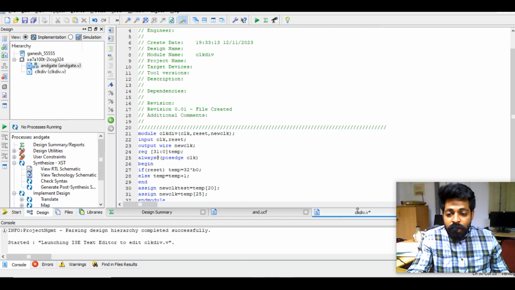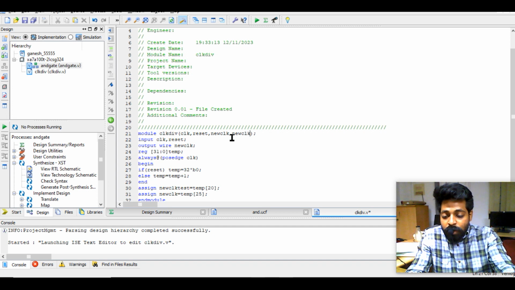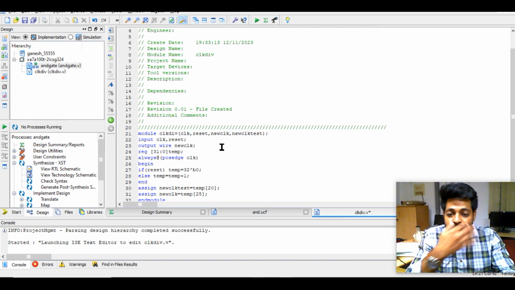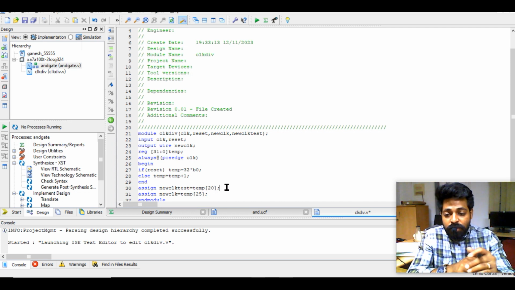So let us see, at the 20th location the frequency is divided by 2 power 20, which will not be very small, so it may not be identified. Let us see the new frequency, I'll be taking another clock over here, new clock test, that will be located at the 20th location. So I will be taking two clocks. This is for test purpose. This is what I know, the 25th location for sure